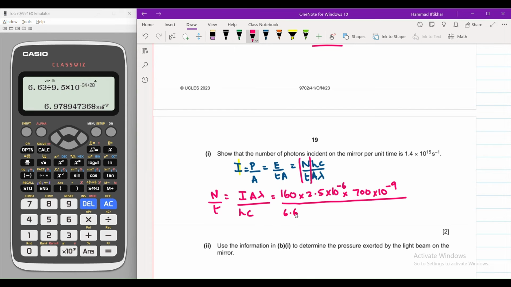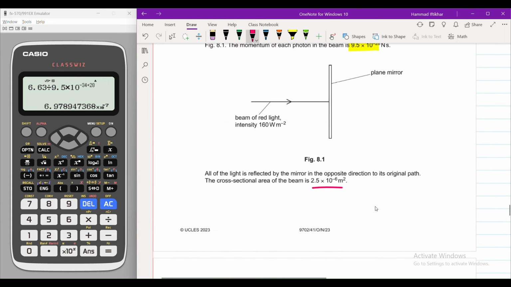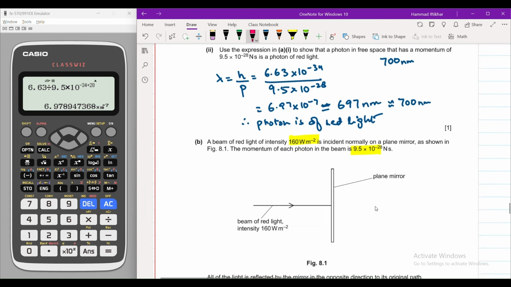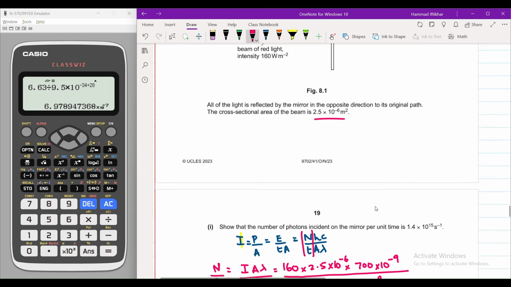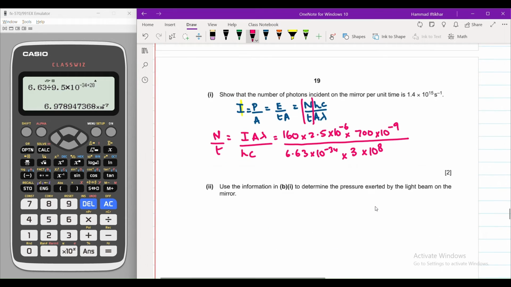H is 6.63 × 10^-34, and C is 3 × 10^8. So let's make sure the values are correct: 2.5, 1.4, okay, all right. So let's round it up. So 160 times 2.5